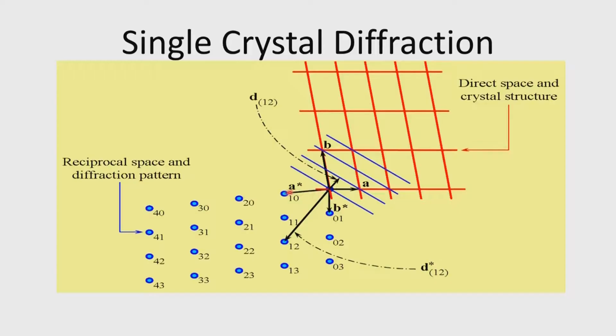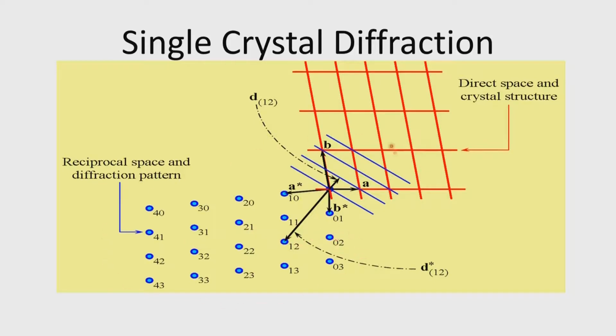So, when we do the experiment, we send a collimated X-ray beam onto the crystal. The crystal now diffracts, so it will follow Bragg's law, and therefore we have an incident ray and a diffracted ray according to the Bragg's law satisfaction, 2d sin theta equals lambda, and therefore we will get positions which are now the reciprocal lattice positions, and therefore we will get spots.